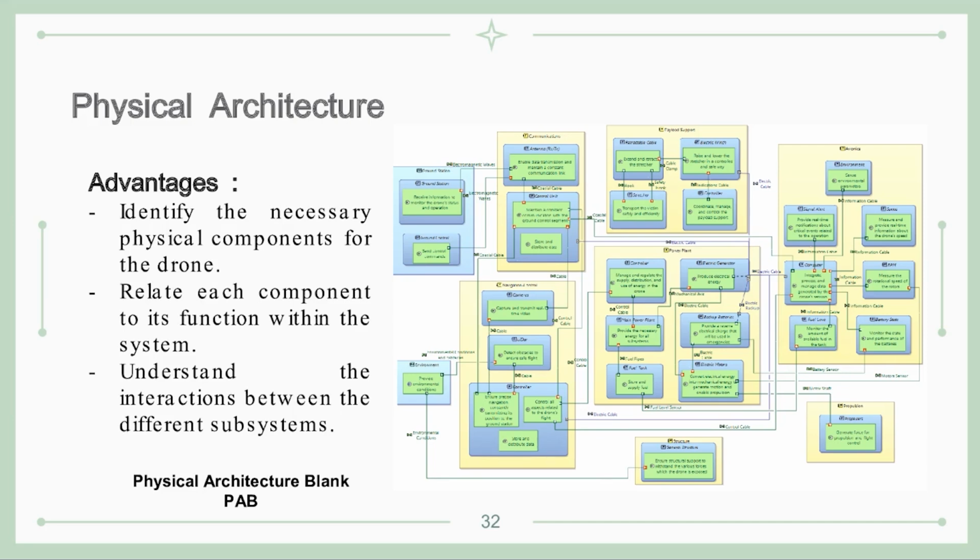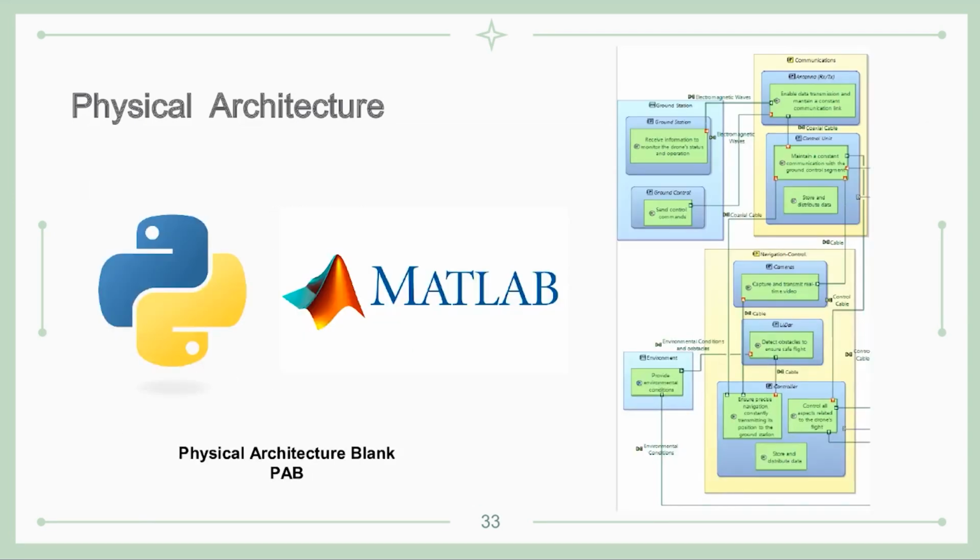While the LAB is conceptual and describes what each part of the system does, the PAB explains how these functions are physically implemented. In our case, the PAB facilitates the selection of appropriate hardware to fulfill the system's functions, allows us to plan the integration of physical components, ensuring compatibility, and helps identify potential failures related to hardware and its connections. Now let's take a closer look at these subsystems.